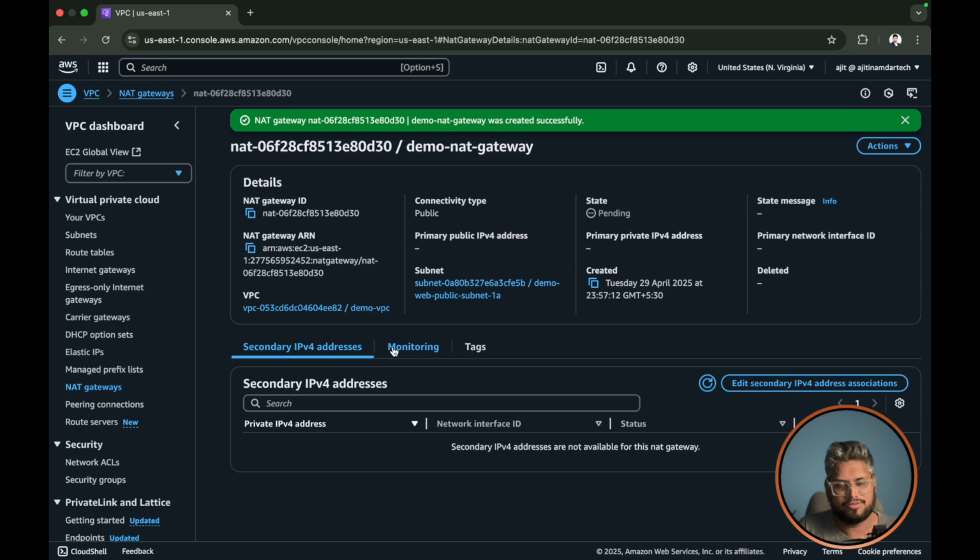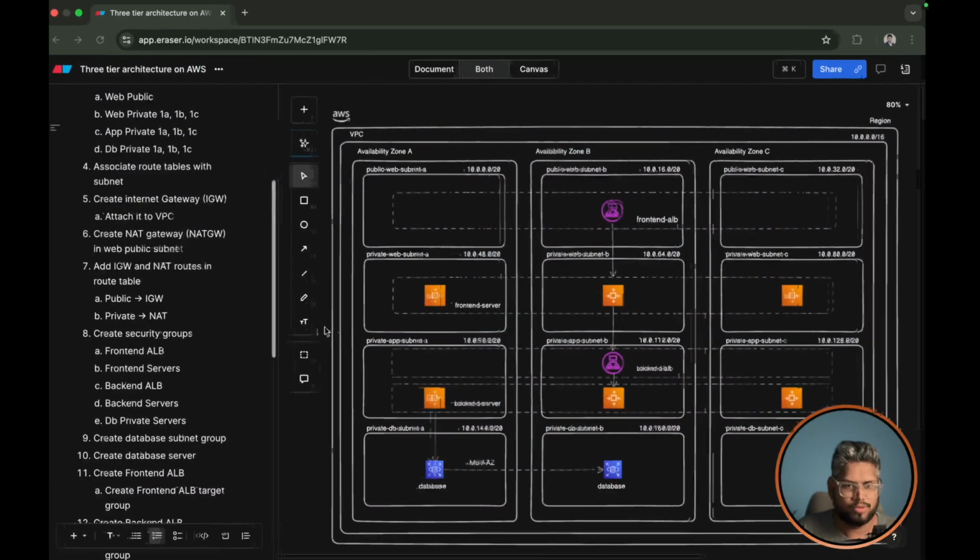For this demo, I have created a single NAT gateway, but on a production workload it is always recommended to have one NAT gateway for each private subnet or each availability zone, so that you are safe, and in case of an availability zone failure, your outgoing network connectivity is not stopped. So moving on,